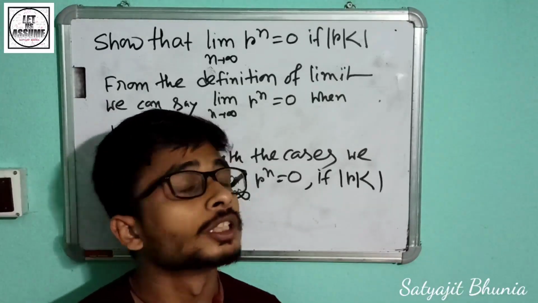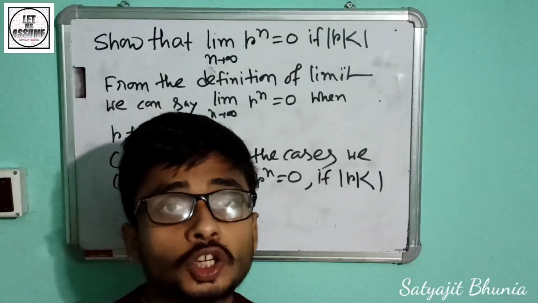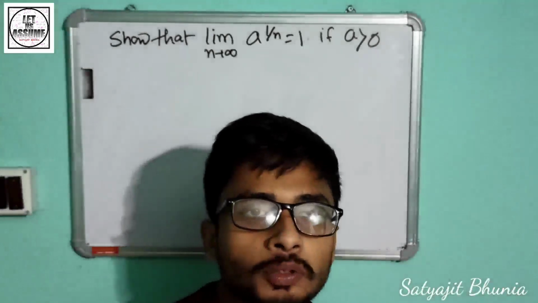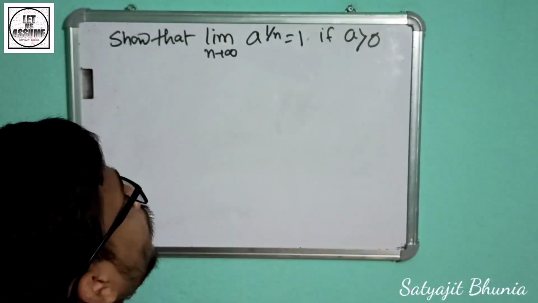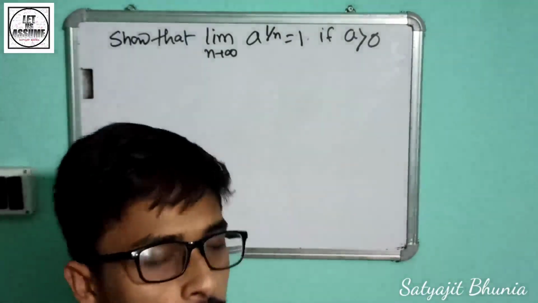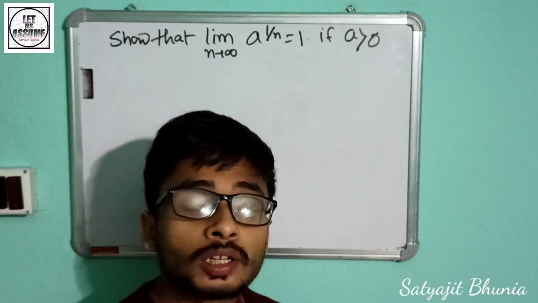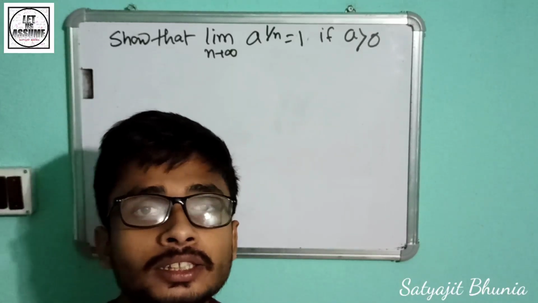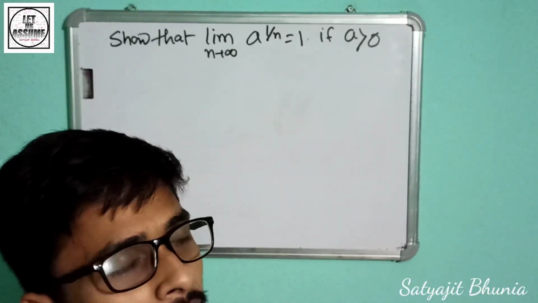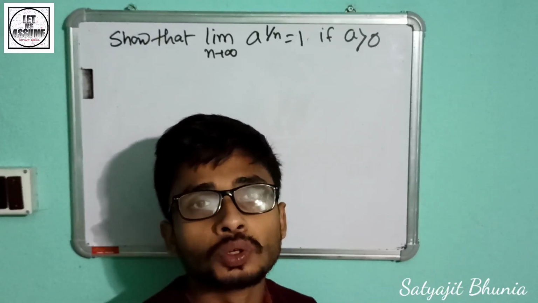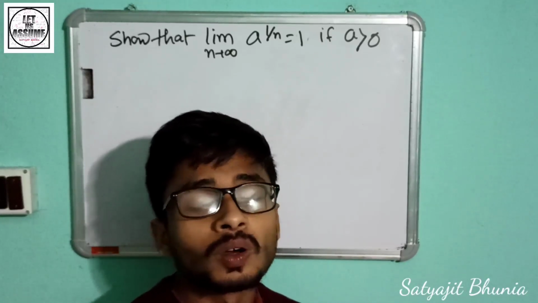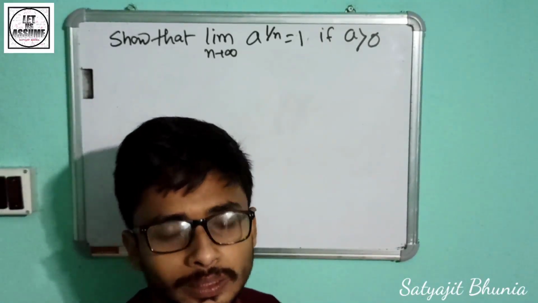এইভাবে আমরা প্রুভ করলাম যখন limit n tends to infinity rn is equal to 0, যখন r এর মানটা mod of r টা less than 1 হয়। আমরা করব এই অঙ্কটা, show that limit n tends to infinity a to the power 1/n is equal to 1। এইটা আমাকে প্রুভ করতে হবে যখন a এর মানটা greater than 0। ঠিক আছে, এবারে আমরা তিনটে কেস এক্ষেত্রে অ্যারাইজ করবে। কেস 1 when a is equal to 1, কেস 2 when a is greater than 1, কেস 3 when a এর মানটা যখন 0 এবং 1 এর মধ্যে থাকবে।